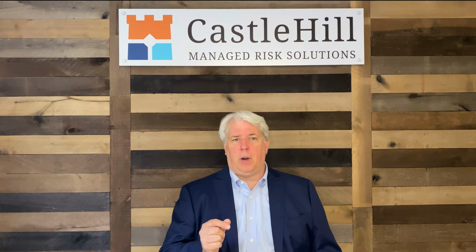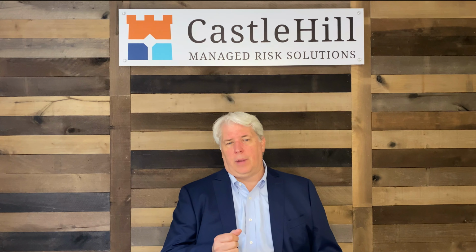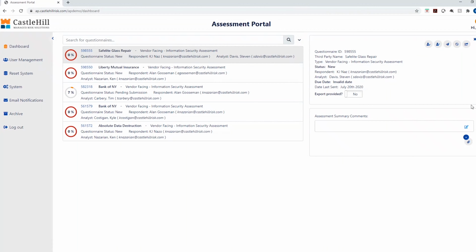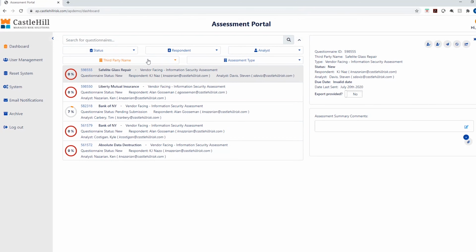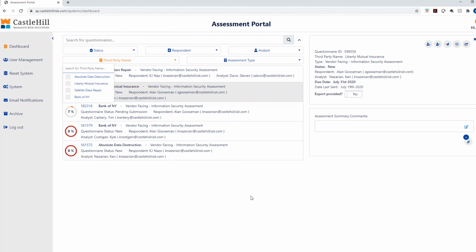And by engaging them within the process, you end up with better quality information that can then go back into the Archer platform. So that's the key differentiator about the CastleHill Assessment Portal: the CAP really drives that ability to get better data through data quality improvements, but also through that end user engagement. So the next time they need to do an assessment of some sort, it's not, oh no, I've got to go into the platform, figure out how to do this stuff again, I need to do my training or other pieces. It's, I'm just responding to a very, very straightforward questionnaire,